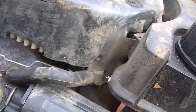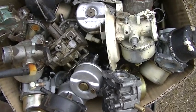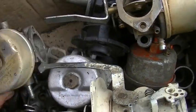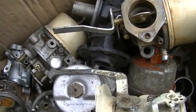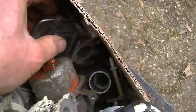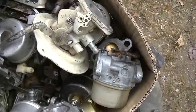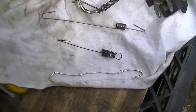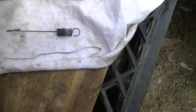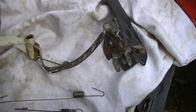Good luck with that. So I brought out my box of old crappy carburetors, and I don't think there's a spring on any of these. I think I took them all off, put them aside, so we got another place to check. Yeah, so this is what I found. This guy was not quite long enough. This guy was a bit too long, and then this, I think,